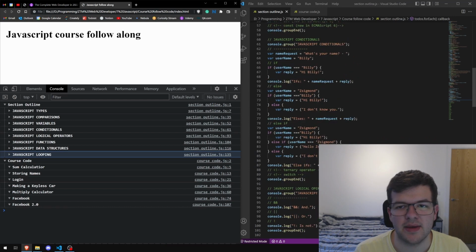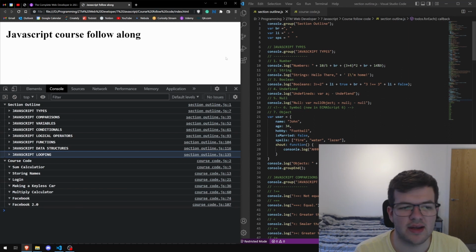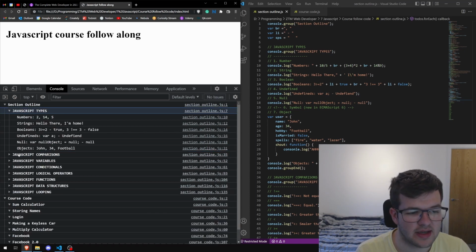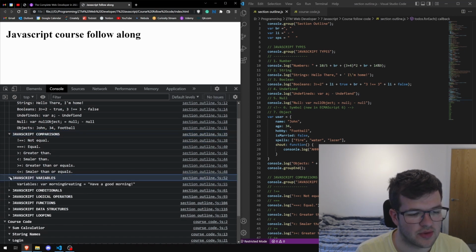So basically I've got the section outline and we have got the course code. In the section outline we have types, comparisons, variables, conditionals, logical operators, functions, data structure, looping. And in the course code we have done sum, calculator, storing names, login, making a keyless car, multiplying calculator, Facebook, and Facebook 2.0. So as you can see, we have all the types, we have all the comparisons, we have all the variables,